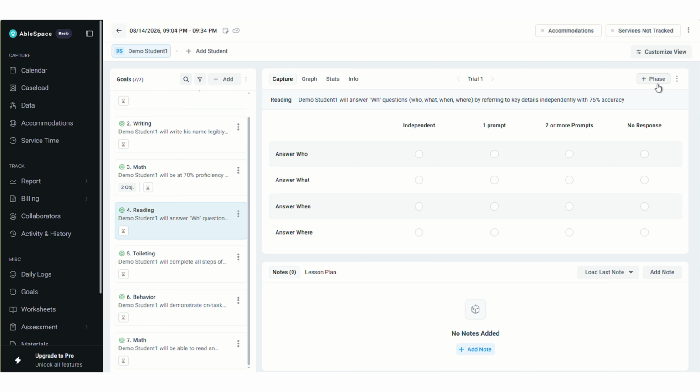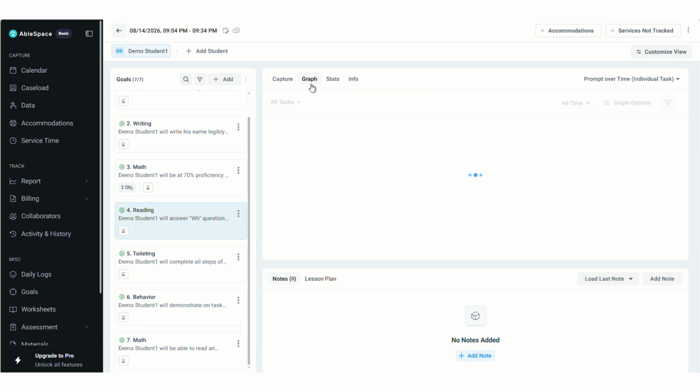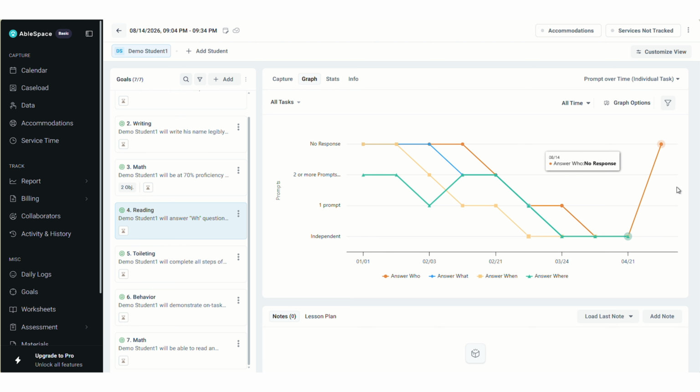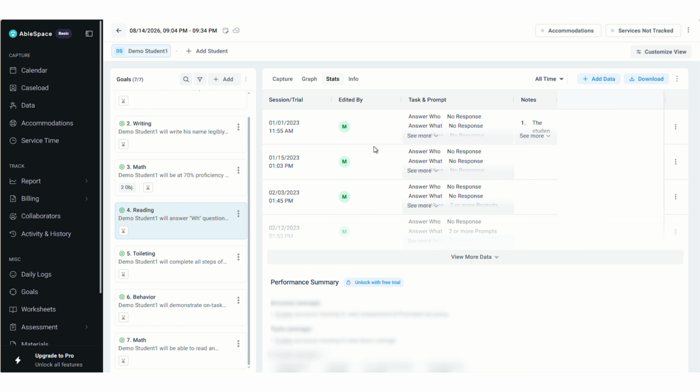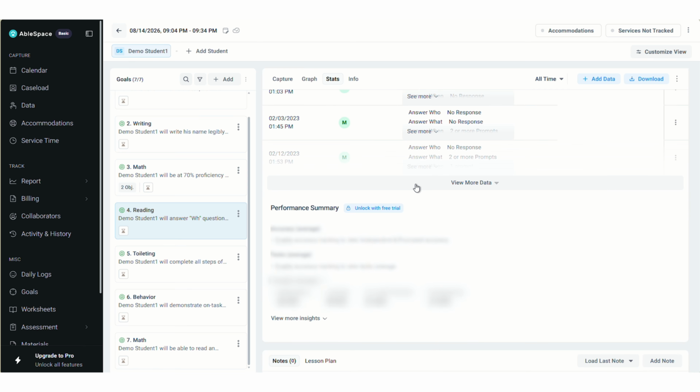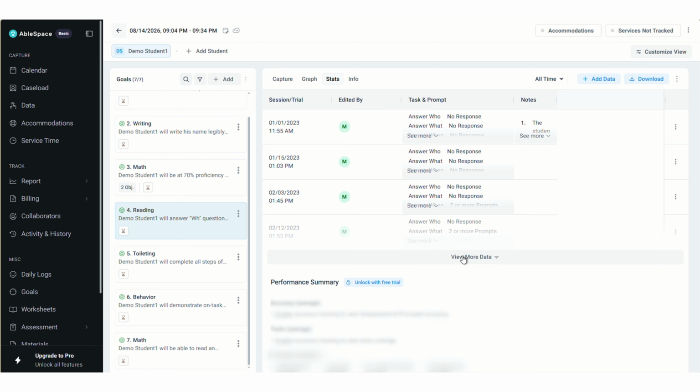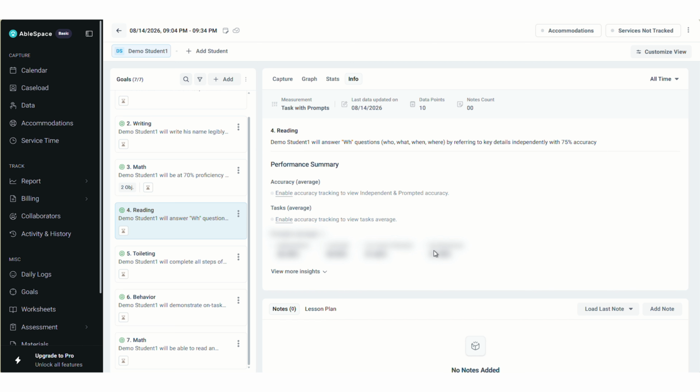Then there are graph, status, and info tabs. The graph can be used to view the student progress over time, while status provides more detailed information about the recorded data, and the info tab provides additional information about the selected goal.